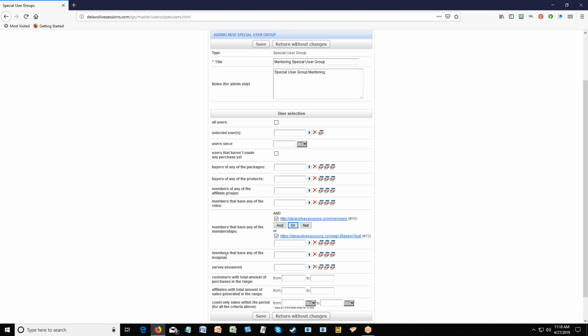And you can have it for members that have any of the insignia. Do you guys remember what the insignia is? If you recall, insignia is